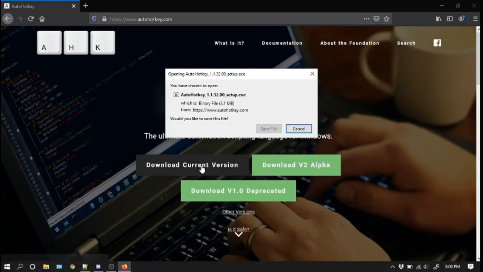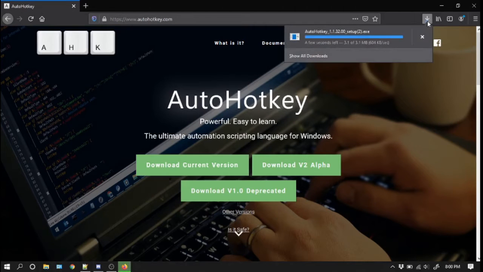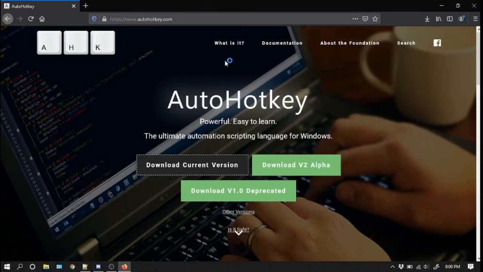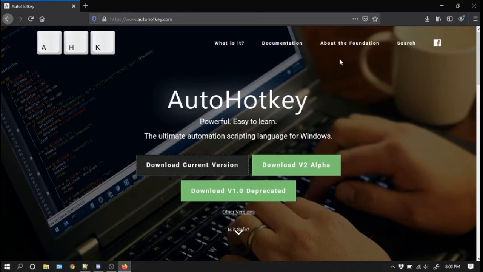So first you want to download it, you want to save file, and then once it pops up here, you will open it. And then once it opens, it'll ask you this. You'll click yes, and then it'll pop up the install menu, and for you guys it will say install, but for me it's either gonna say upgrade or it's gonna have a custom installation. So once you guys pause the video here, and then once it's installed, then you can just unpause the video